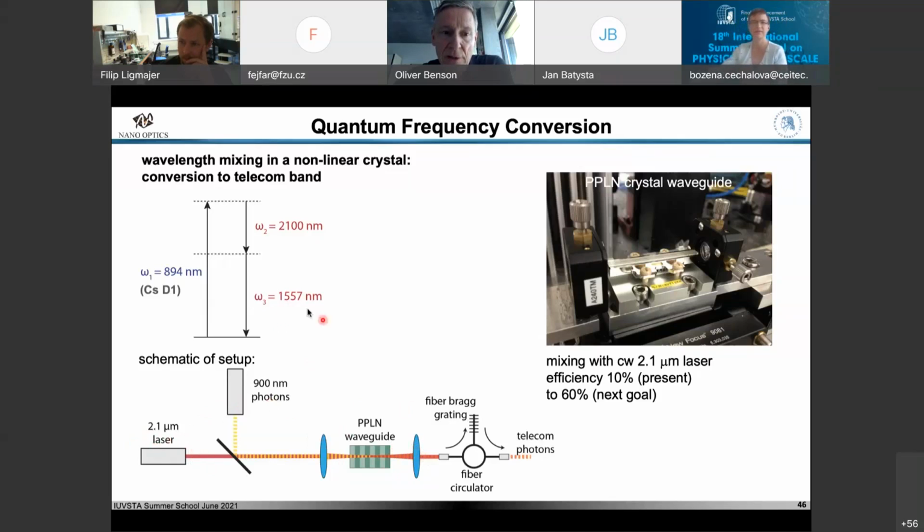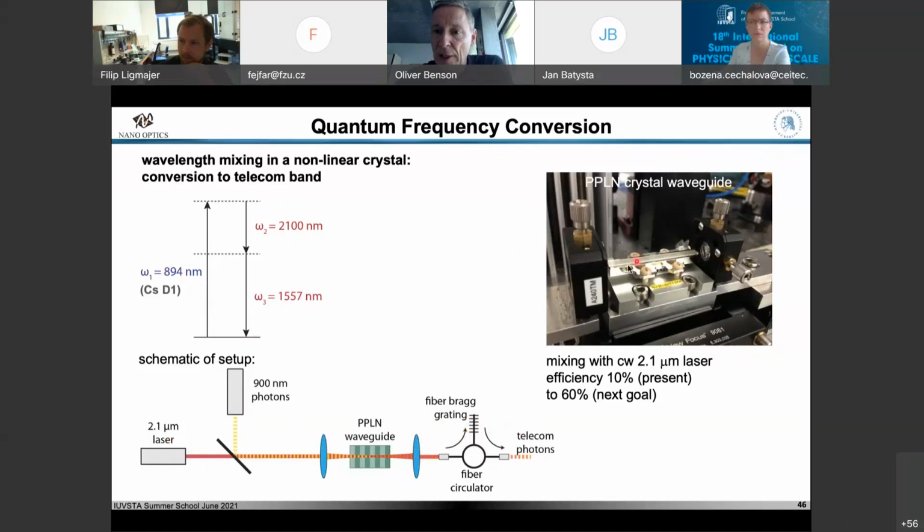However, the wavelengths are quite different. You see 2 micrometer, 1.5, 900, or maybe 700 here. So you can do this. Yeah, so you have very nice fibers also in the telecom band, but this is a major issue, I think, to do the filtering, to getting the filtering right.